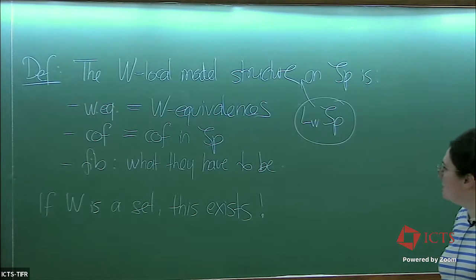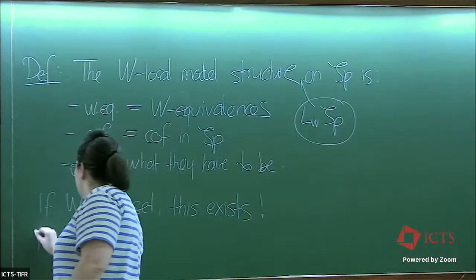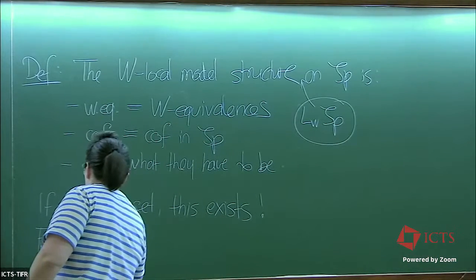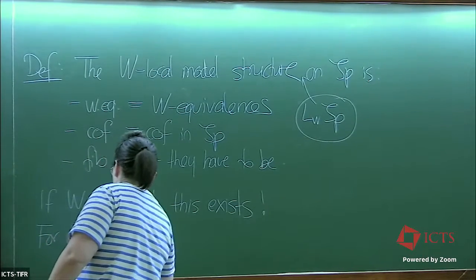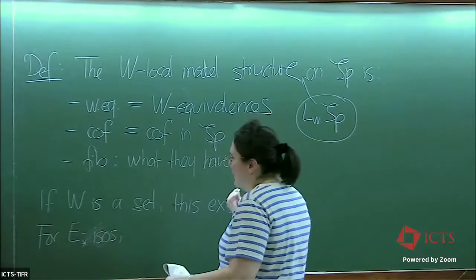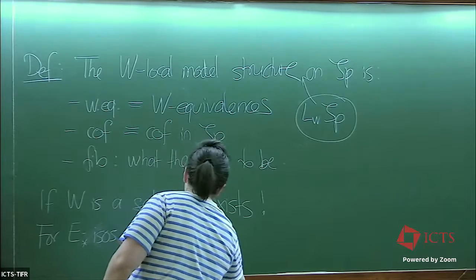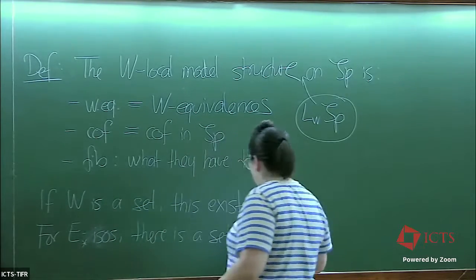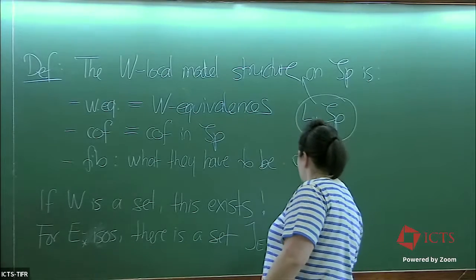Others are available. For E star isomorphisms, there is work to be done to find a set most commonly denoted by J lower E, such that